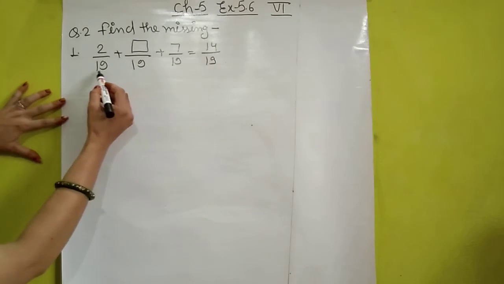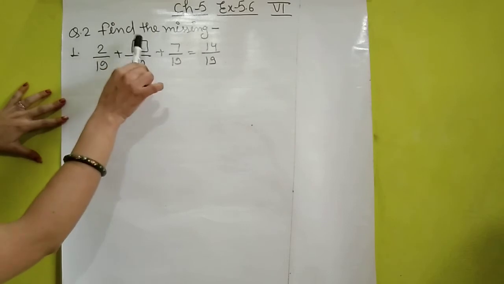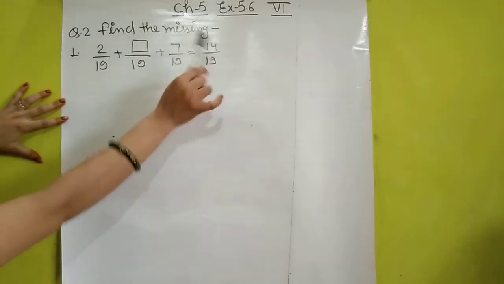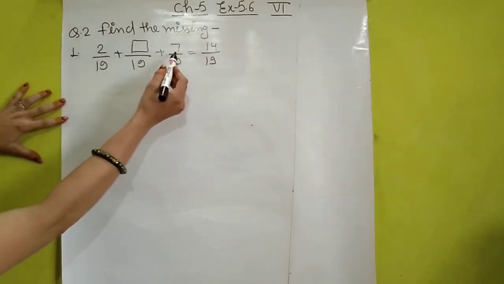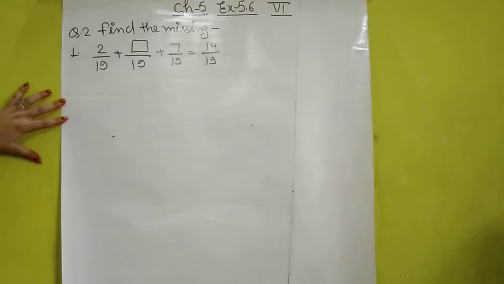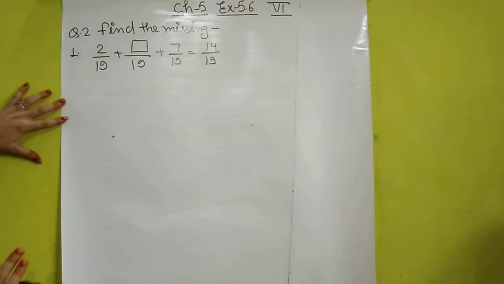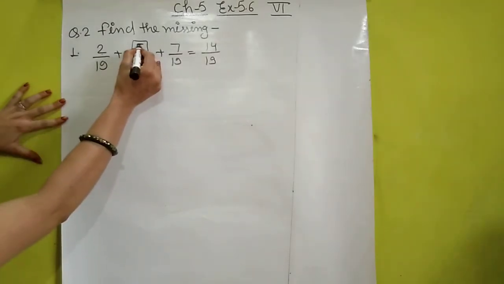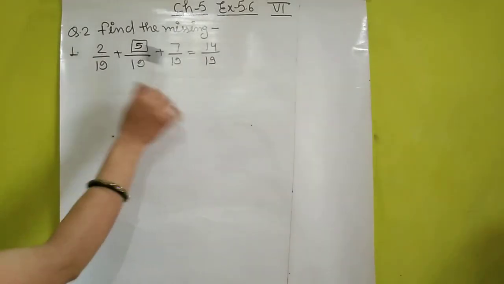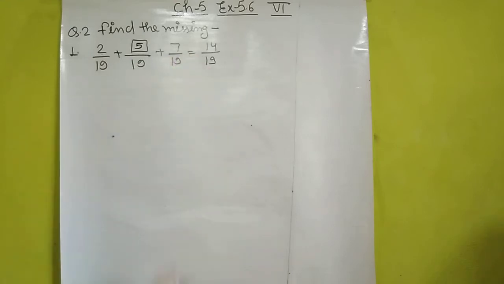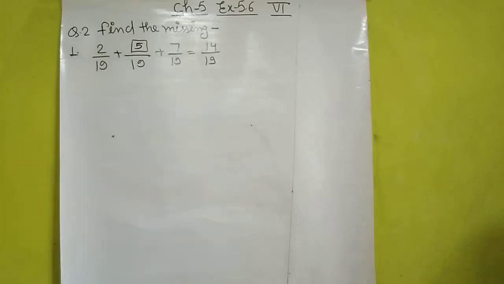It means downside 19, 19, 19, then there also 19, but upside 2, then dash, then 7 is equal to 14. It means students, the sum of 2, then this dash, then 7 will be 14. So students, 7 plus 2 is 9, and if you will add 5 in 9 it will be 14. So in this type of question students, you are to balance left hand side and right hand side because equal to sign is given. So when you will add 7 plus 5, this is 12, plus 2 it will be 14.